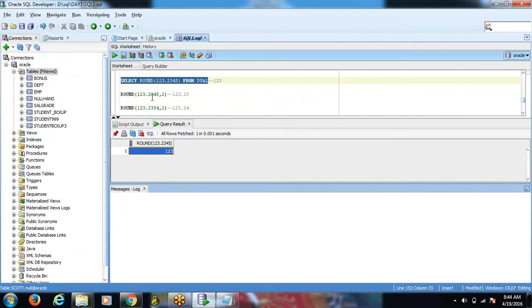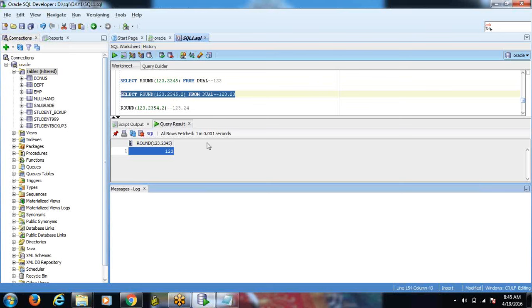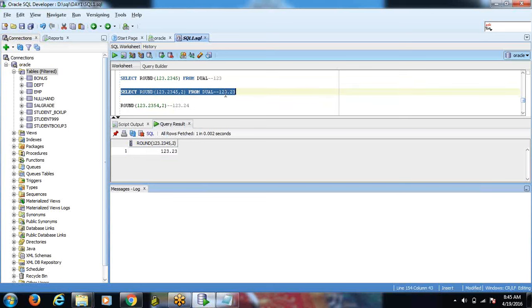The same output which you expected, 123.23.